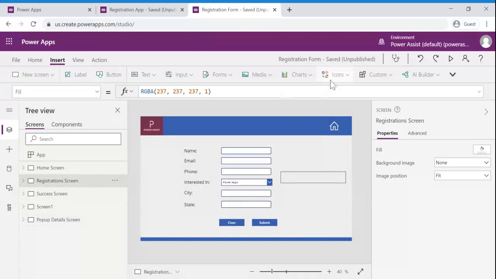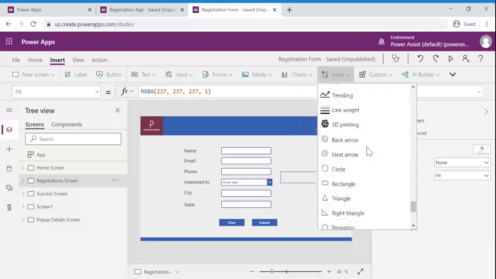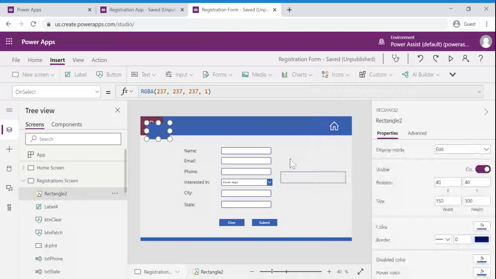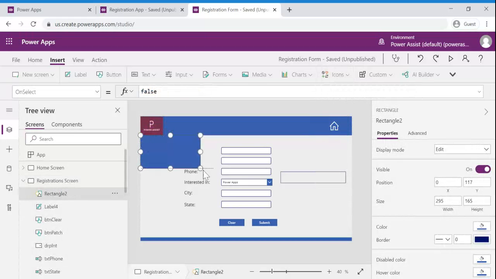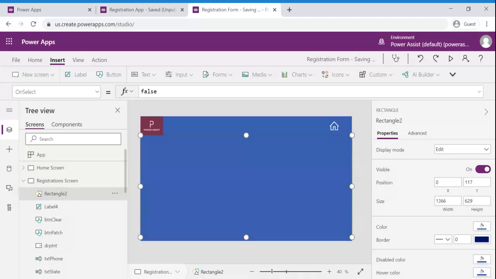So first let me take a rectangle. Since it should cover the user input area, I am taking this entire screen and I am going to change its color.